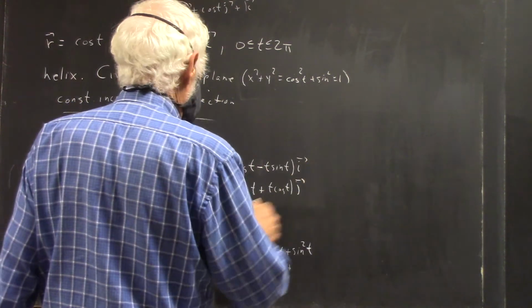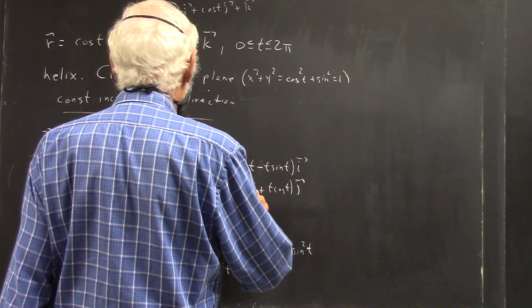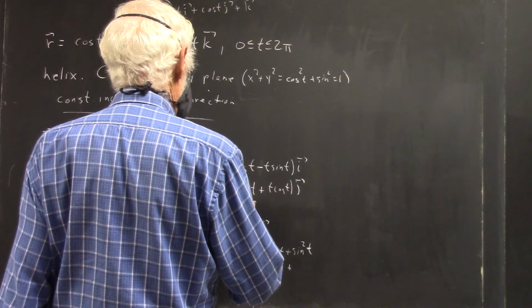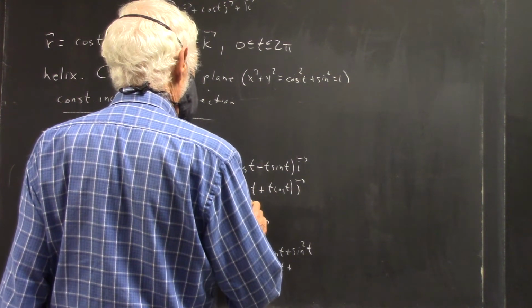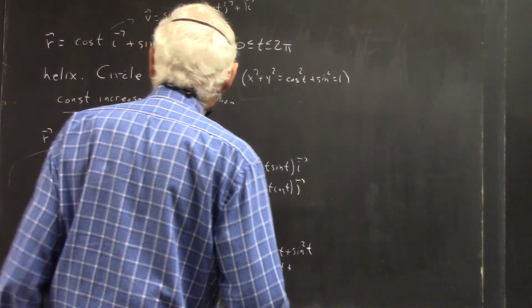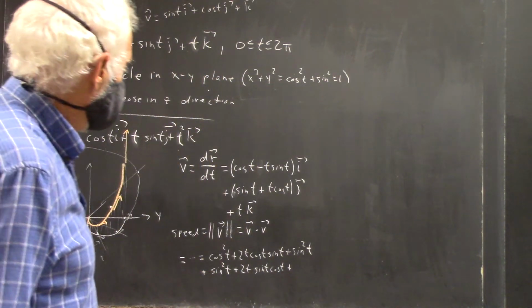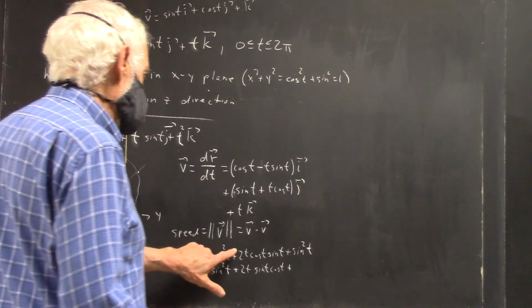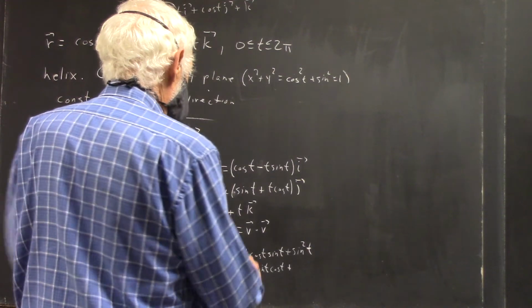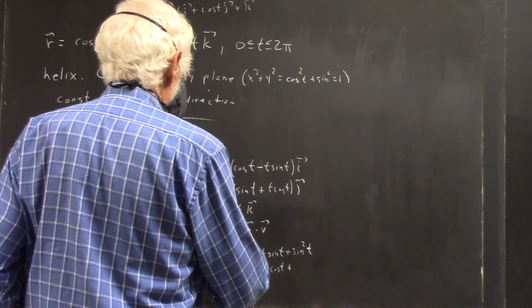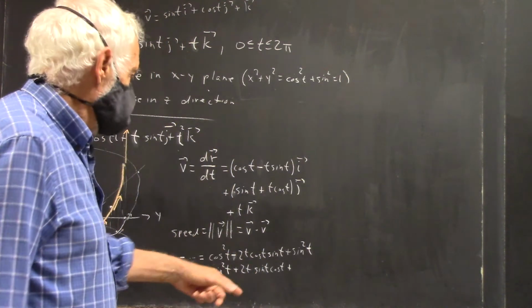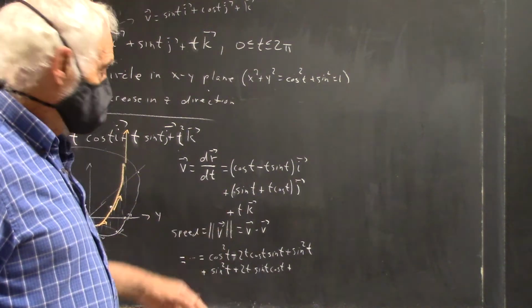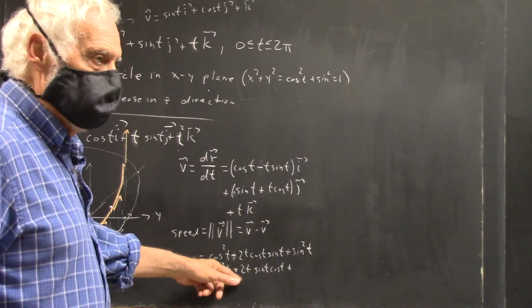So I'm looking forward to what I'm going to get. And I'm going to have a negative, well, I'm going to have a sine here and a cosine, so that's all right. Okay, so I've got a negative here. And I didn't realize till I got here that these two terms are going to add up to 0